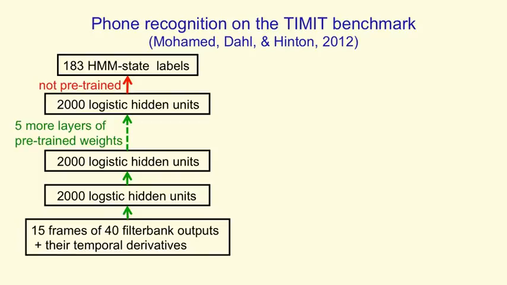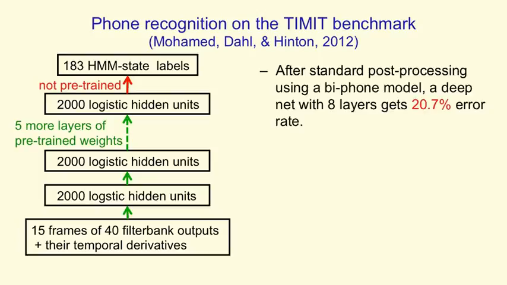They were doing it on a fairly small database, and they only used 183 alternative labels. And to get their system to work well, they did some pre-training, which will be described in the second half of the course. After standard post-processing, they got a 20.7% error rate on a very standard benchmark,